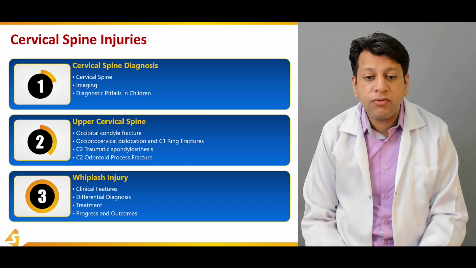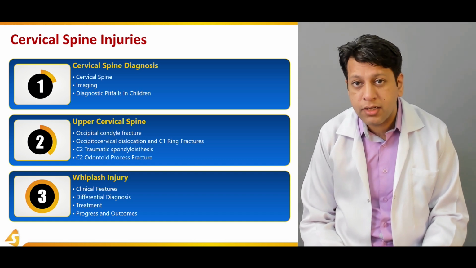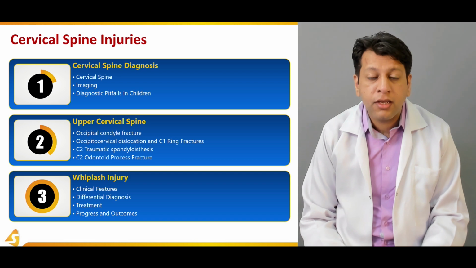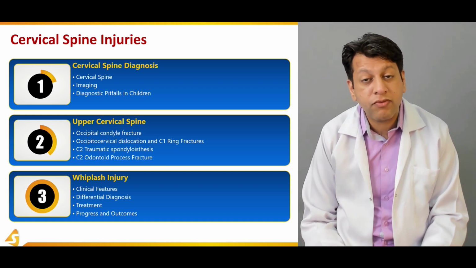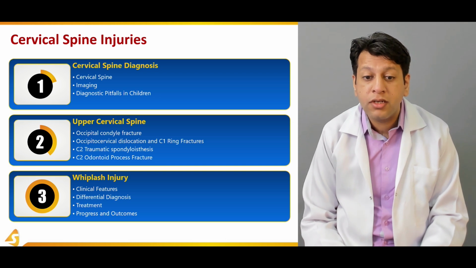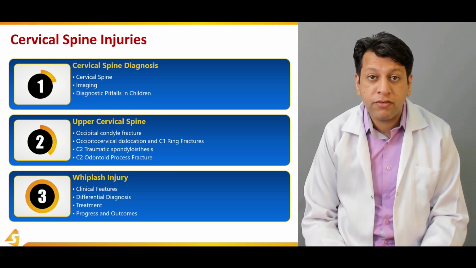In the second section, we will be going through the upper cervical spine injuries, and the upper cervical spine includes the occiput, C1 and C2, that is the atlas and the axis. First, we will be discussing the occipital condyle fractures, which may occur in association with high energy trauma. Then we will be discussing occipitocervical dislocation and the C1 ring injuries, that is the Jefferson fracture